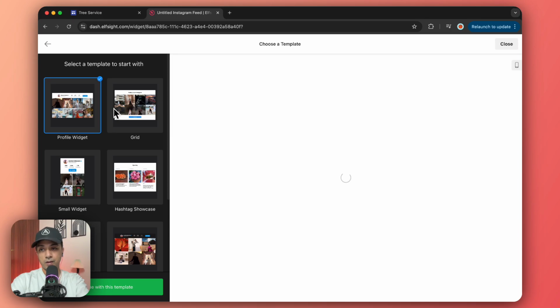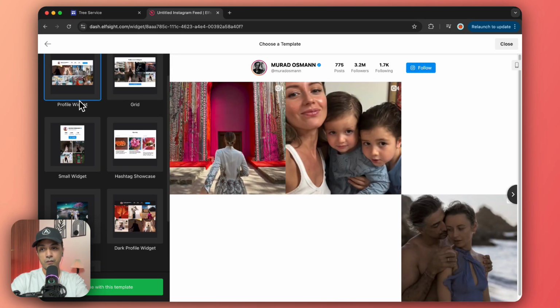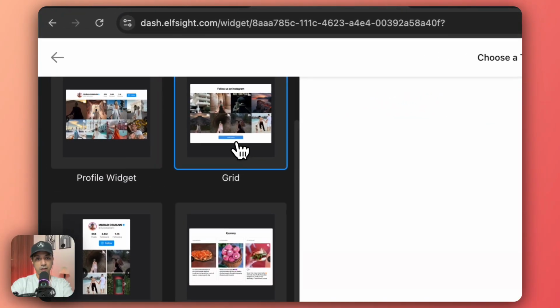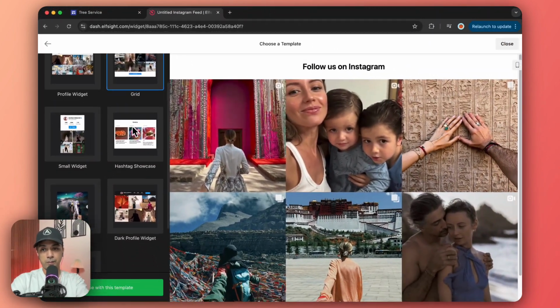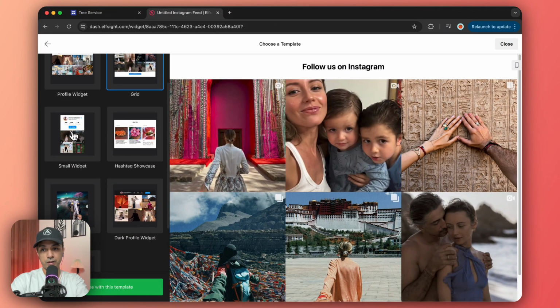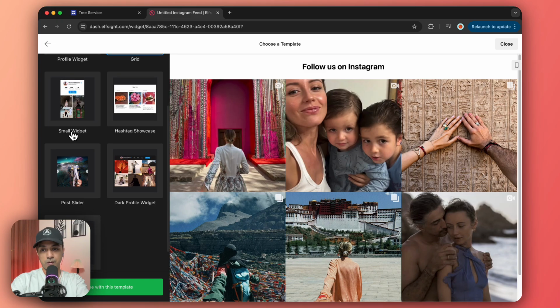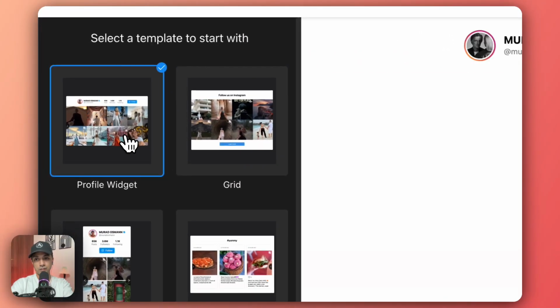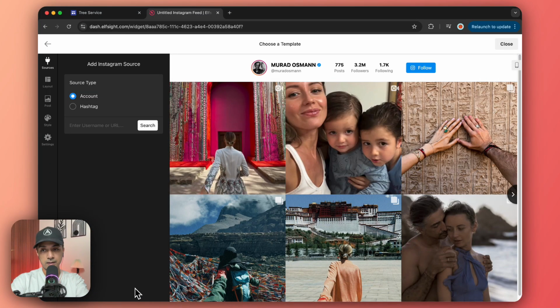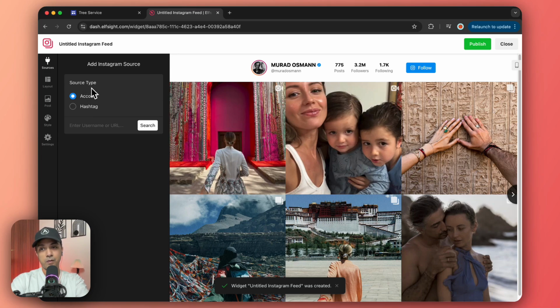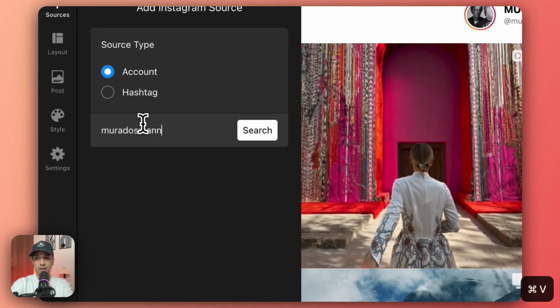And then we can go ahead and choose the layout. So we have the profile widget, we have the grid, or maybe we can have the hashtag showcase small widget. So I'm just going to use the first one and then click on continue with this template. And now we have two options. Either we can choose account type or we can choose hashtag. So we will keep it for account only, and you can go ahead and enter your account handle name and